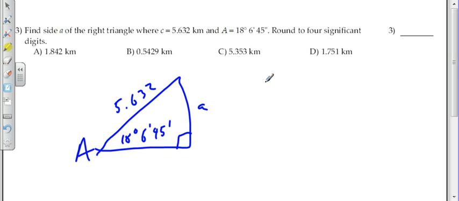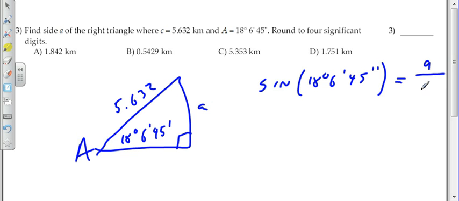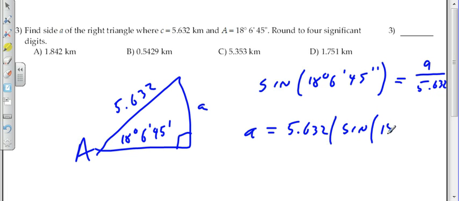So that would be a sine function. The sine of 18 degrees 6 minutes 45 seconds is equal to A divided by 5.632. So A is going to be 5.632 sine 18 degrees 6 minutes 45 seconds. And now it's a matter of, can I put it in my calculator? All right, so